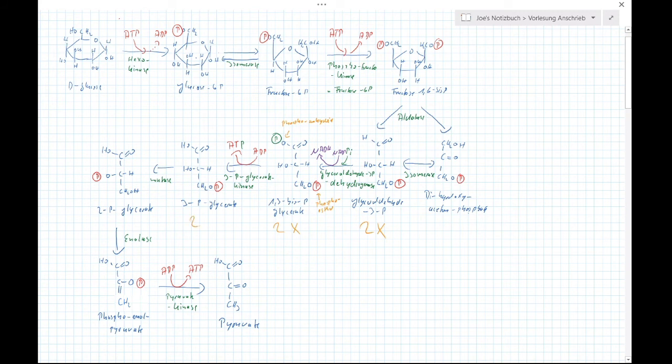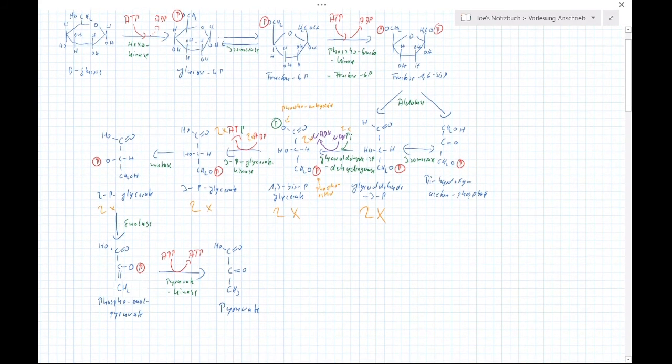We can generate 2 molecules of 3-phosphoglycerate. This also means that we have generated 2 ATPs here. We have generated 2 NADHs here. Of course, this is also twofold here. We have generated 2 molecules of 2-phosphoglycerate, and we have generated 2 molecules of phosphoenolpyruvate, and pyruvate, of course, and here